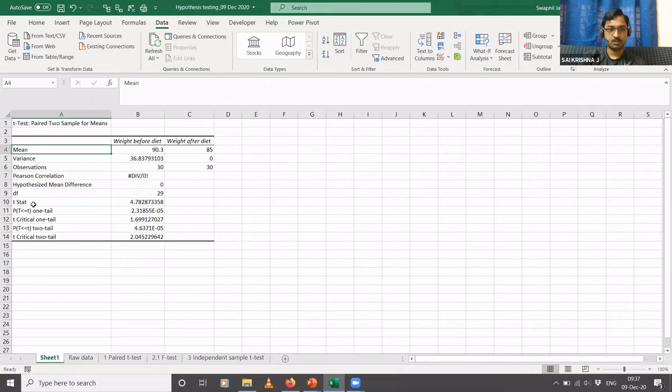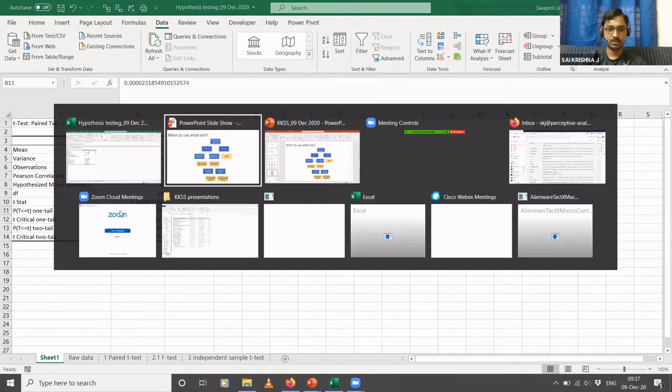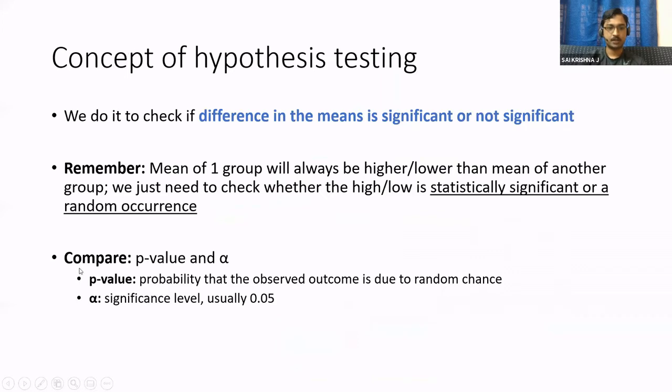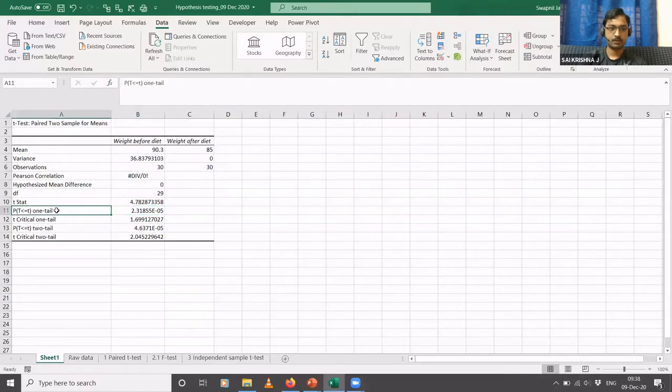You also have something called a t-stat and t-critical. These values you usually get when you perform this test using pen and paper, but here Excel just shows you these values as part of the results. What we have to note here is this P(T<=t) one-tail, right? So this is what you check. Let me come back to the slide for a moment. After doing the test, we compare this p-value and alpha. So what is that p-value? It is what we have here, the P of this one-tail distribution.